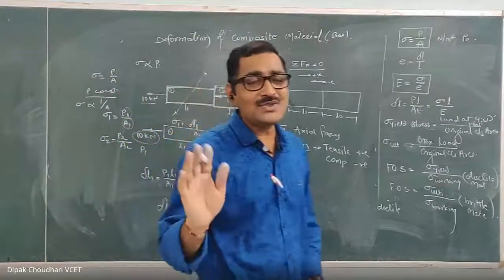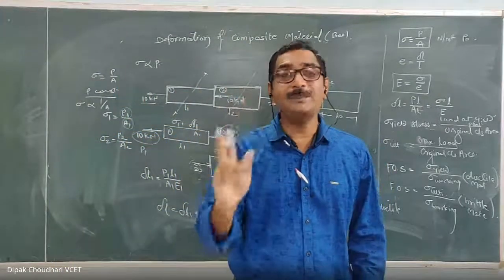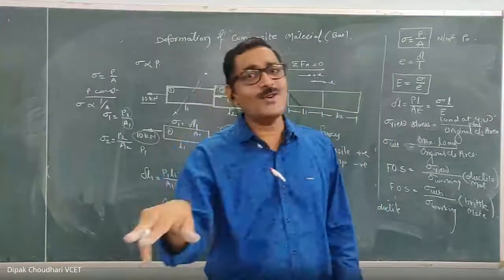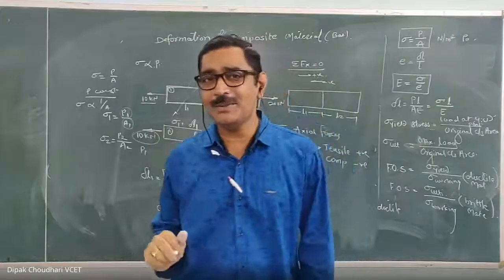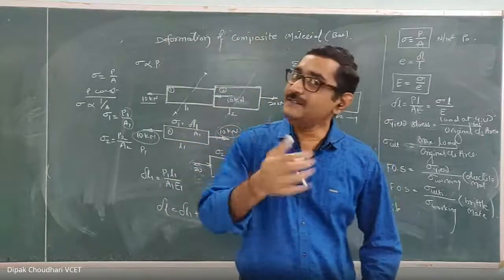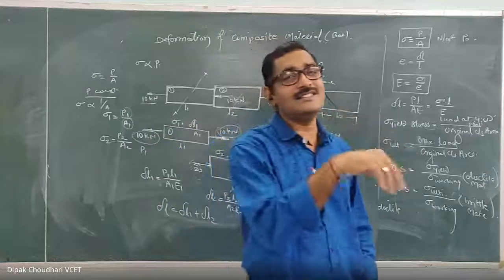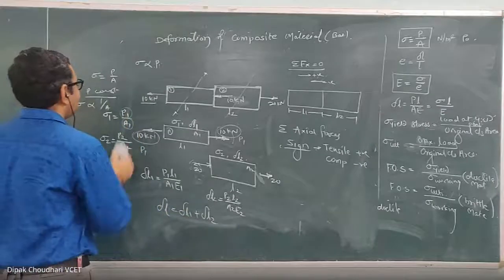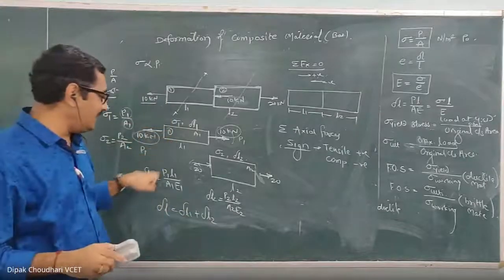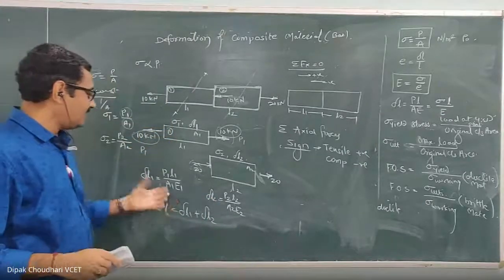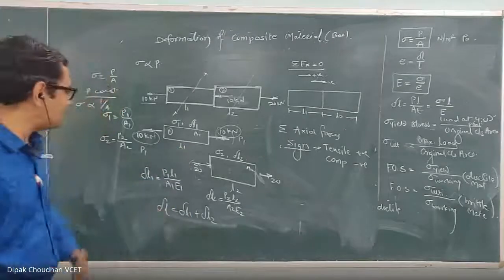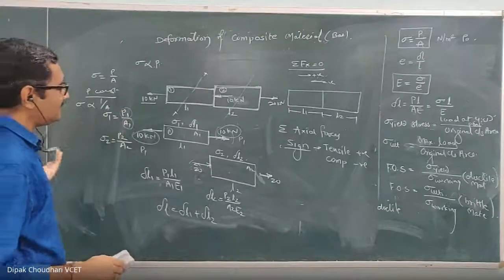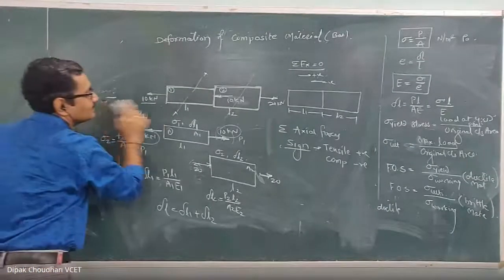Remember, stress does not always depend on P alone. Stress depends on P upon A. But if A is constant, stress is directly proportional to P, the axial force. And if the axial force is constant, stress is inversely proportional to A. Is that clear how we can calculate delta L1, delta L2, and the total deformation, which will be the summation of these two? Is that clear how to calculate the stress in part 1 and stress in part 2? Here you have to calculate them separately.